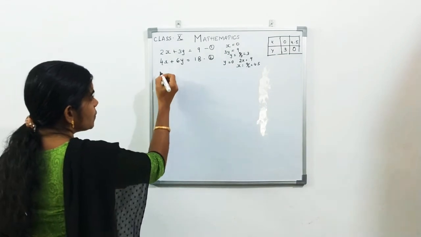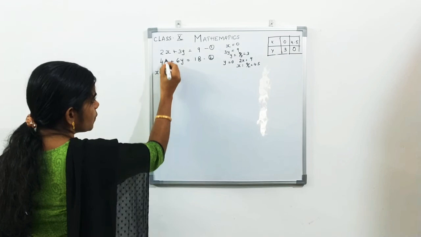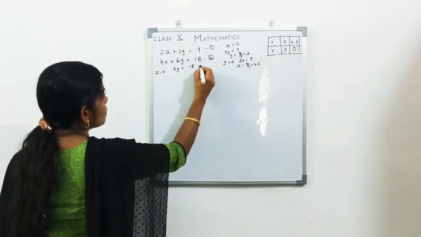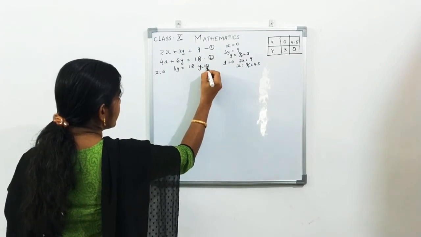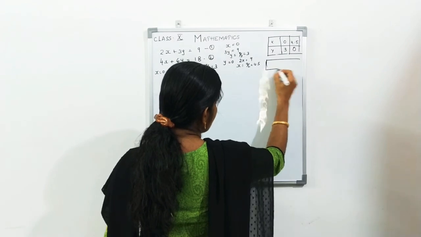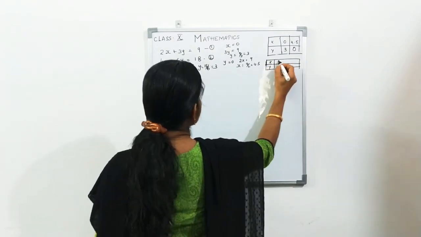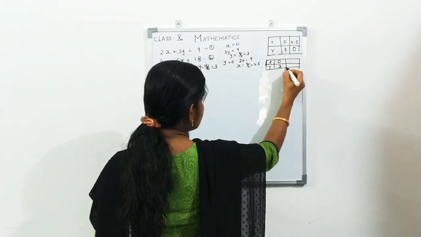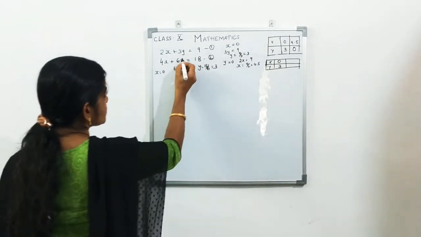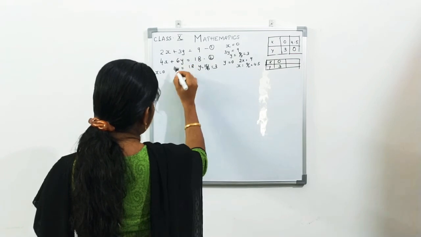Next I am taking 4x plus 6y. I am giving x is equal to 0. Then 4x fully becomes 0. Then 6y is equal to 18. Then y is equal to 18 by 6, that is equal to 3. Then next table also, x, y. When x is equal to 0, y you got 3. Next I am giving